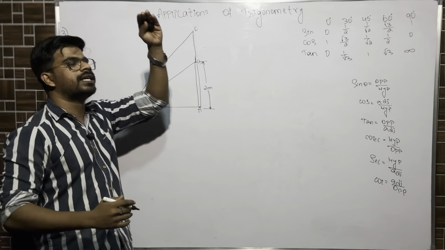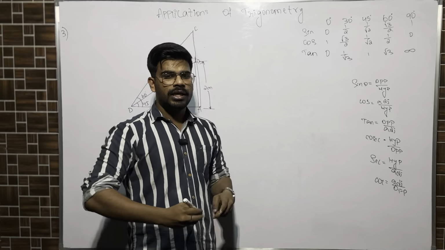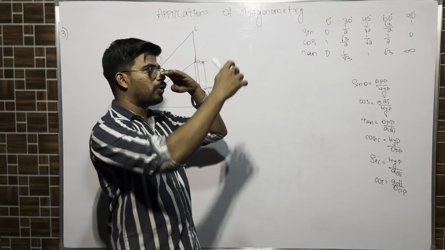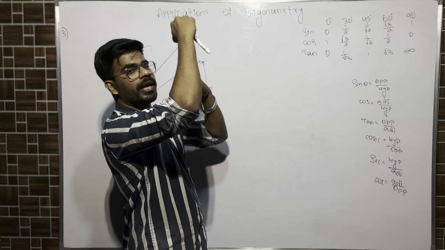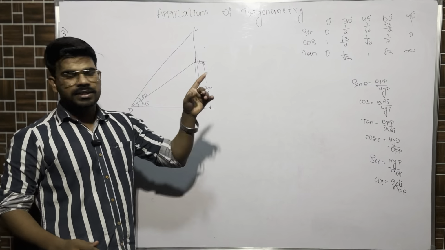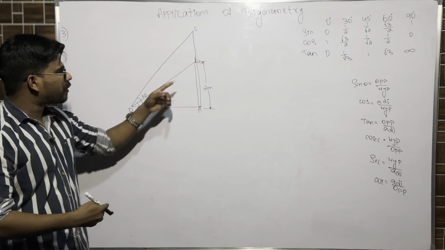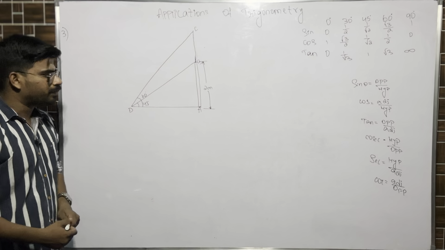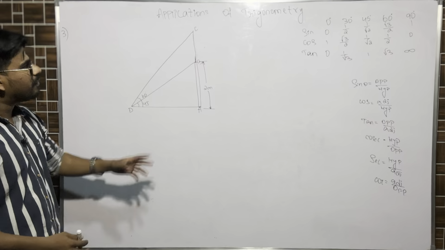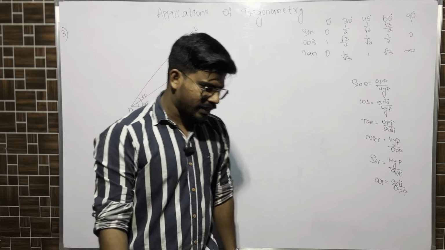Because the distance, the height is more, you have to look even further, so the angle will increase. From this point I am looking at this point, for a certain angle, 30. This is increased. Now I am tilting my head, so the angle is getting increased. First, from the top of the pedestal it is 45 degrees. To the top of the statue it is 60 degrees. This information is given. We have to find the height of the statue. Let us try to understand in a practical way.